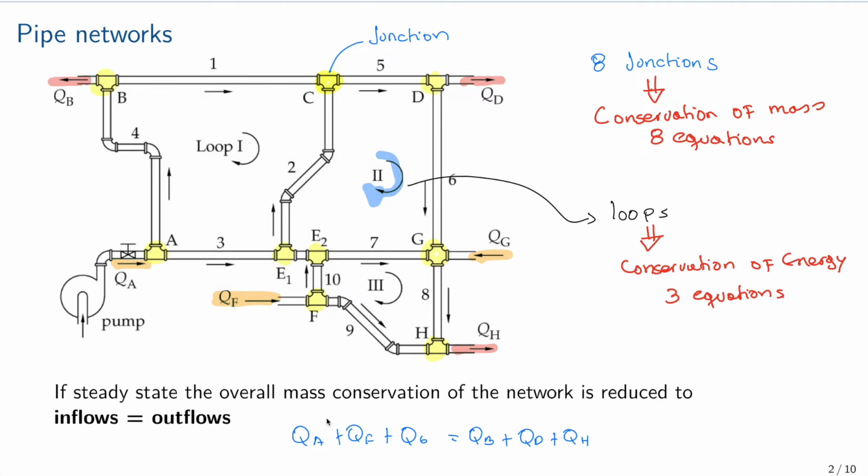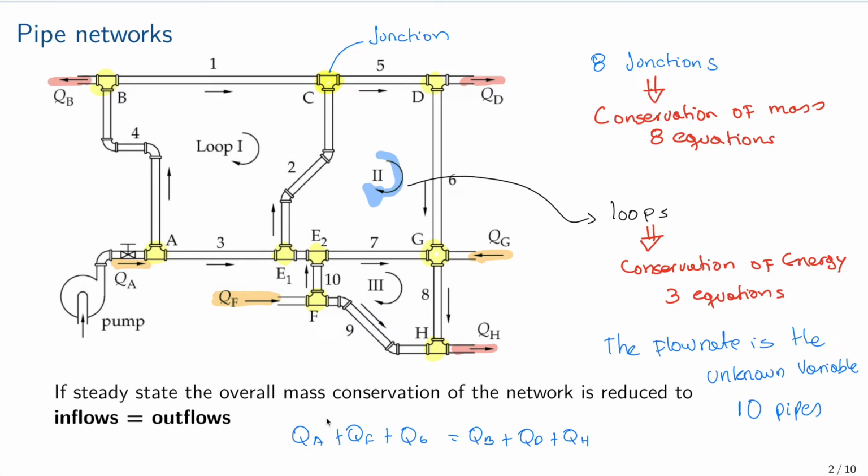Now the usual unknown in a network is the flow through each one of the pipes. So we have the equations, and the unknowns are the flow rates. So in this case it will be the flow rate through each one of the pipes. So we have 1, 2, 3, 4, 5, 6, 7, 8, 9, and 10 pipes. So we have 10 pipes, 10 unknown flow rates. So we should